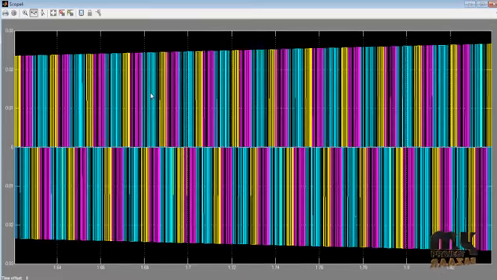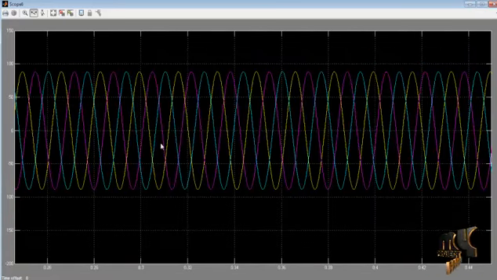After that, this is the inverter side output current, and the next one, the inverter side output voltages. So the three phase voltages are fed into the AC grid. So the overall grid voltages are fed into the corresponding AC loads. So overall reliability will be improved by using this kind of transformer coupled DC to DC converter structure.